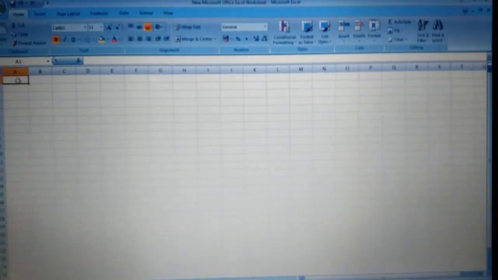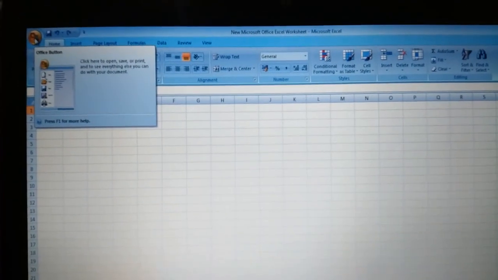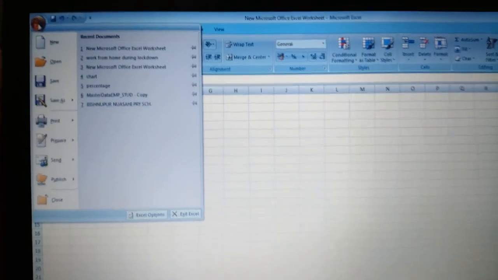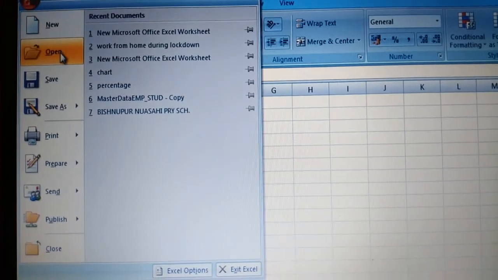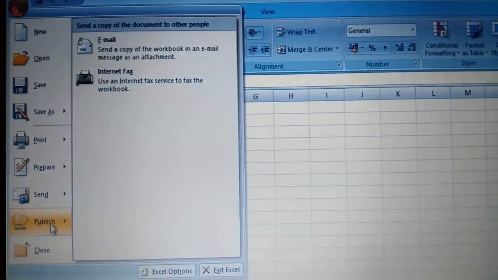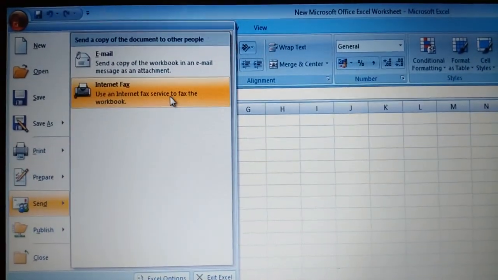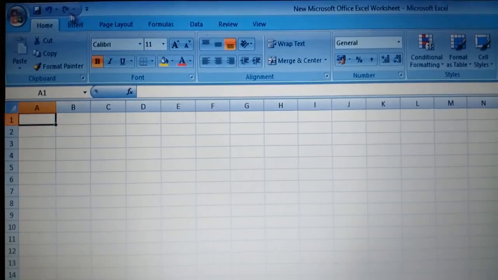This is called the office button. In the office button you will find options like new, open, save as, print, and this is called your quick access toolbar.